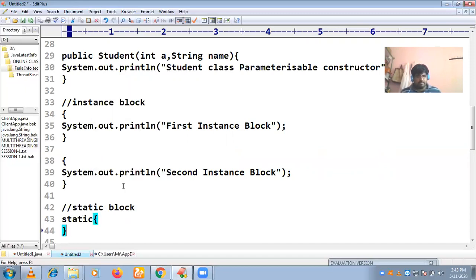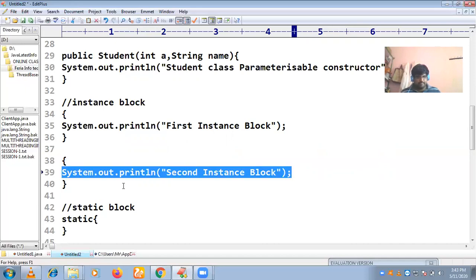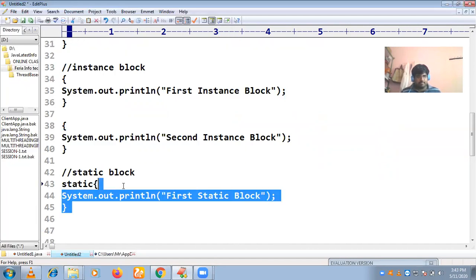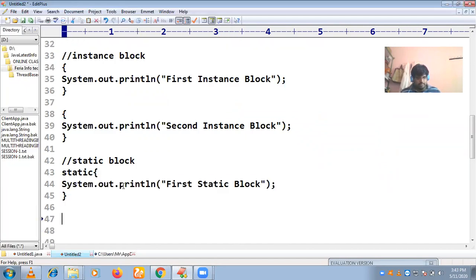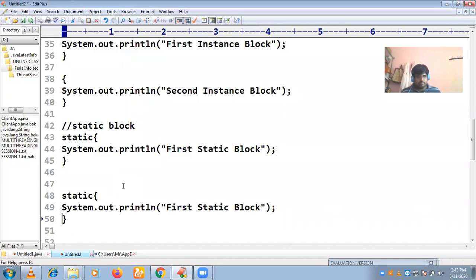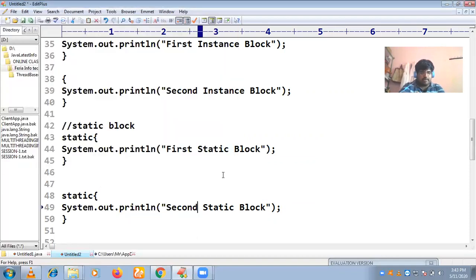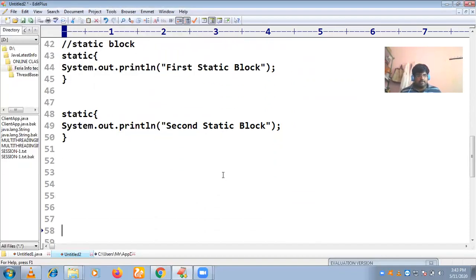This is the first static block, and this is my second static block.